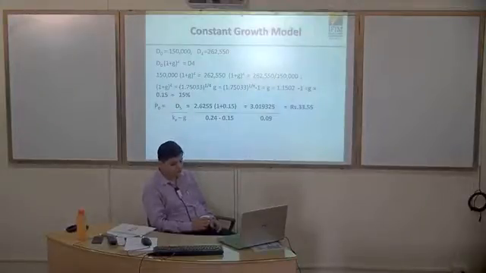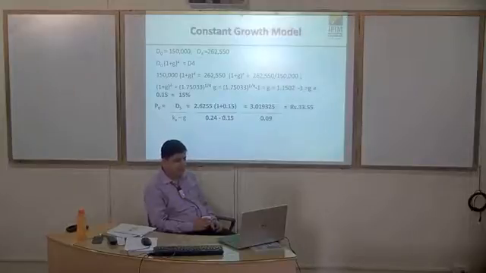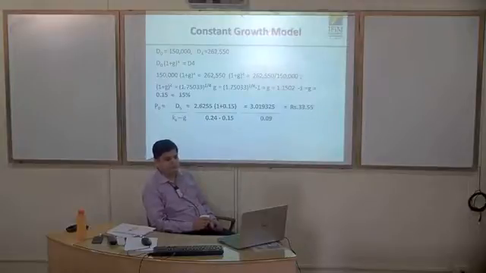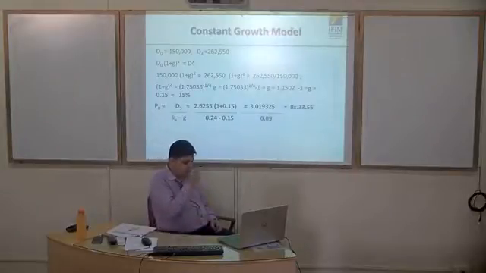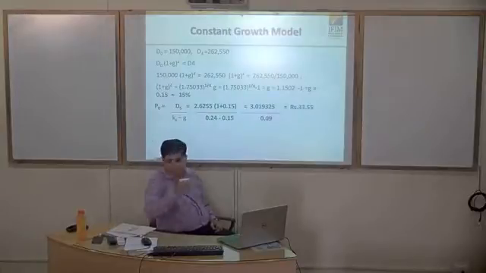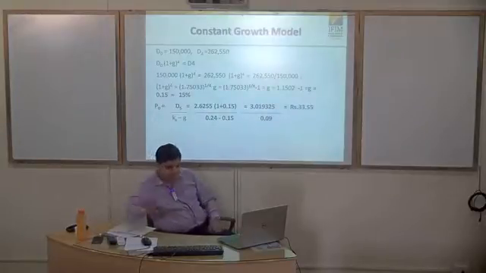$2.6255 into 1 plus 0.15, which is the rate, divided by 0.24 minus 0.15, K_E minus g, that's the growth rate, 0.15, equals 3.019 divided by 0.09, which is 33.55. Okay, now